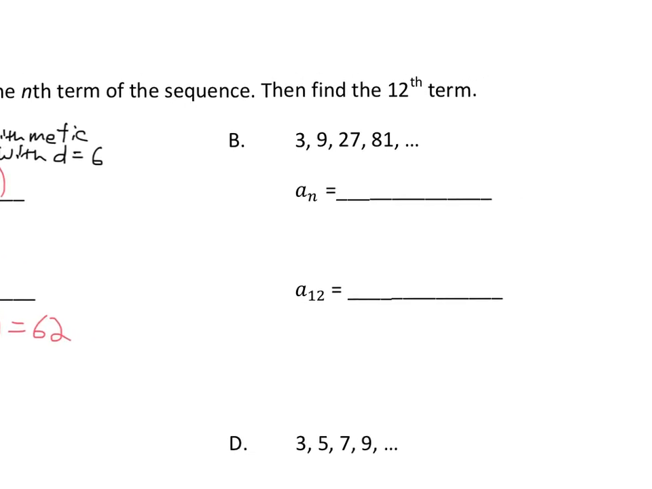Part B is very similar, but the pattern has changed. Instead of adding, we're multiplying. We're multiplying by 3. 3 times 3 is 9. 9 times 3 is 27. 27 times 3 is 81. So this is geometric